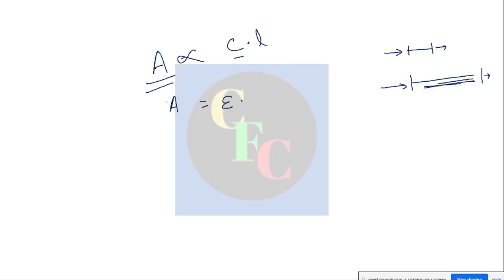This is the epsilon. And how is it defined? This is defined as the absorption when we have unit concentration and unit path length. Now path length is usually 1 centimeter, and the concentration is then 1 mole per liter. If the concentration is 1 mole per liter and the path length is 1 centimeter, then the absorption you have is equal to what?